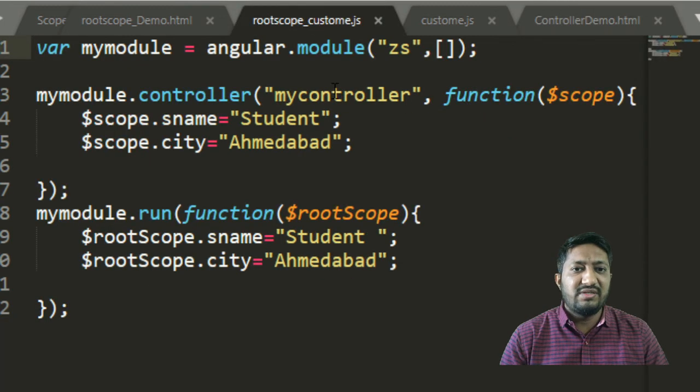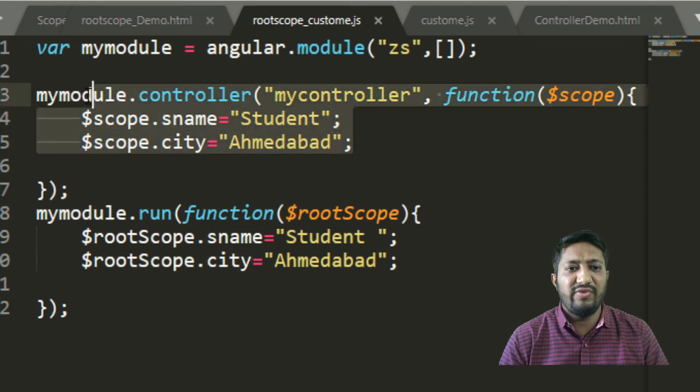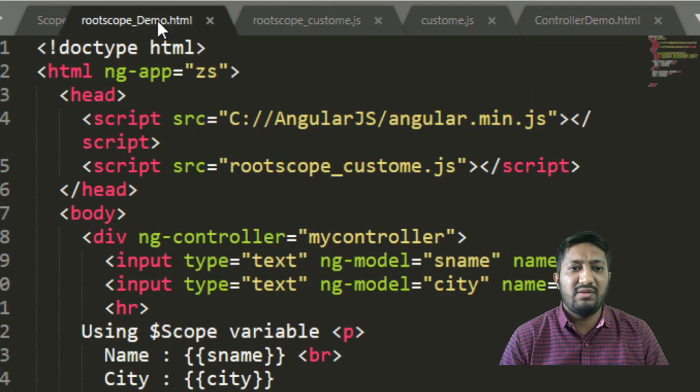Here I am creating another JS file. Okay, this is our basic Angular. I am creating one module in my JS application. In that we are taking sname and city, both values, using the scope variable. You already know that if we are using only the controller part, it will be available only to that particular part.